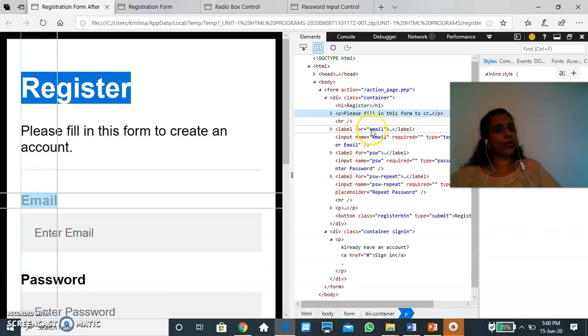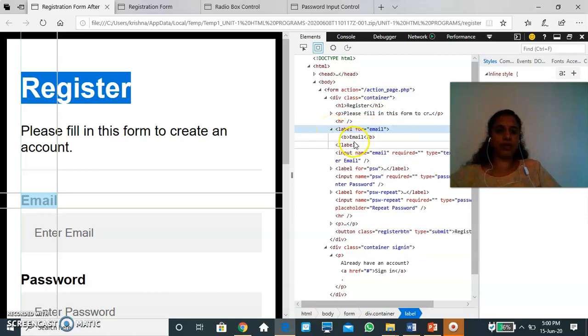In fact, if you want you can use it, and if you don't want to, you need not use it. This is just to tell you that the content you are displaying will be in bold. If you want to give some styling to the label, you can use it. This is a totally optional tag.